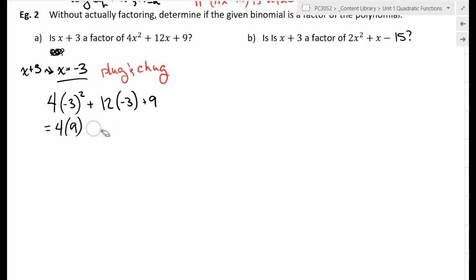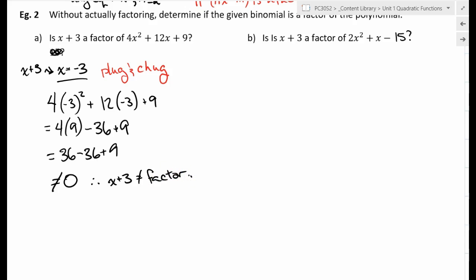In this case, for the second term, positive 12 times -3 is going to be -36, or subtract 36, plus 9. Well, 4 times 9 is 36, minus 36 plus 9. Well, that does not equal 0. So that means that x plus 3 is not a factor because it doesn't produce a 0 when we try and plug its value in. Oh, all sorts of typos in this question. Okay, B,